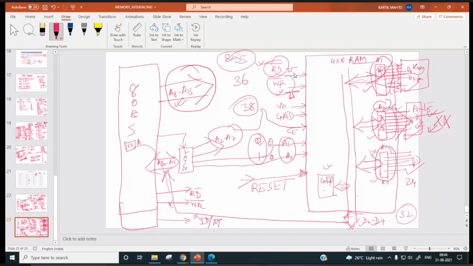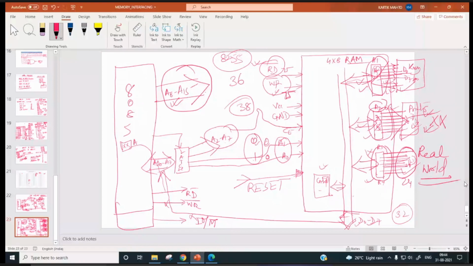So these individual registers R1, R2, R3 will also have pins like this, so that they can be connected to the real world, right? And these registers are actually called ports, port registers. In memory registers, these pins were not there, only registers were there.